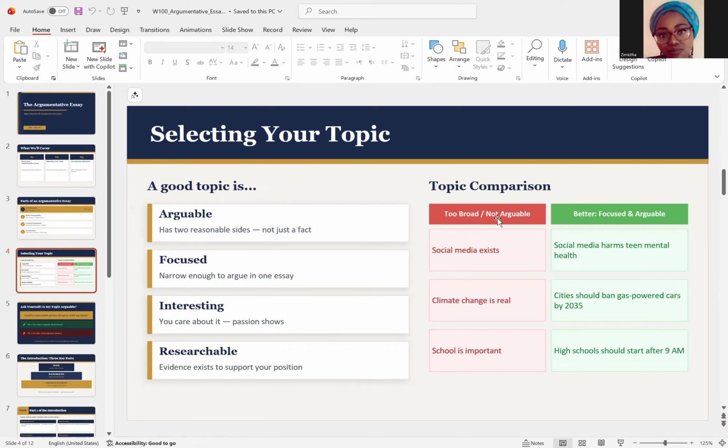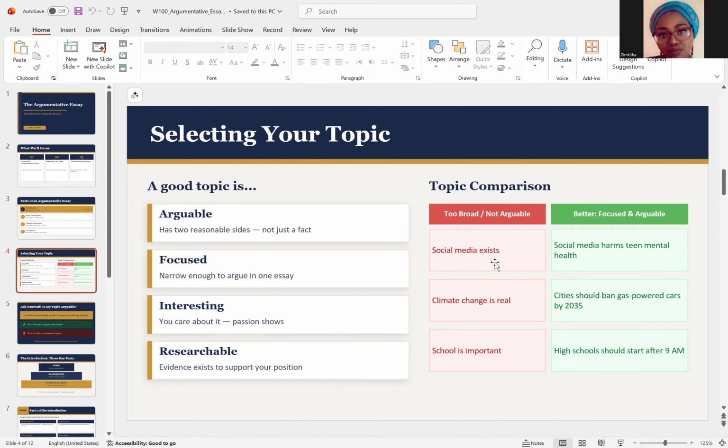So let's look at topic comparison over here. What is a good topic? What is a bad topic? The first example we have here, social media exists. What is wrong? It's too broad, that's number one, because social media is vast. What are you talking about? And exists? Yeah, it's